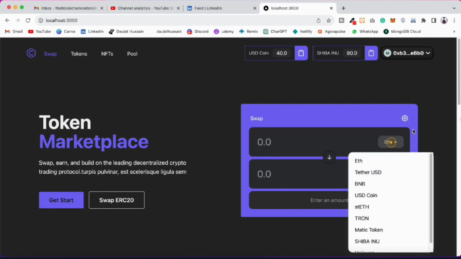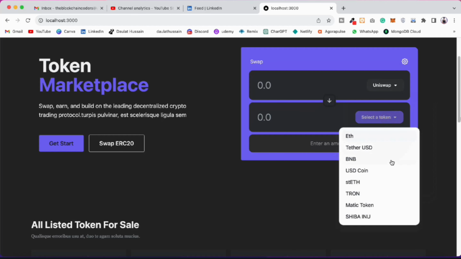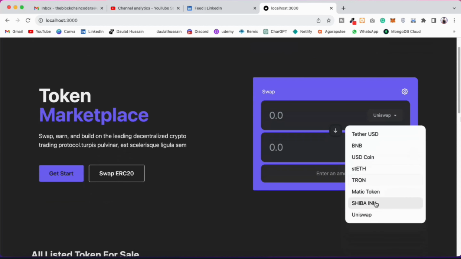Now let me show you how you can swap from token to Ether. So what I will do, I'll come back here. Let's take this Uniswap, and the other token is going to be the Ether. So click on that. I guess I don't have Uniswap token, so I have to change this to, let's say, SIBA EU,